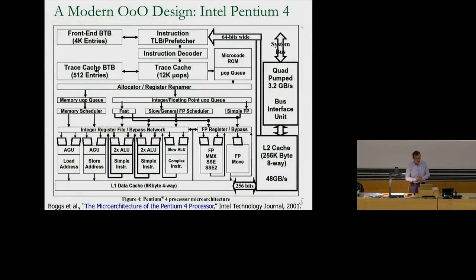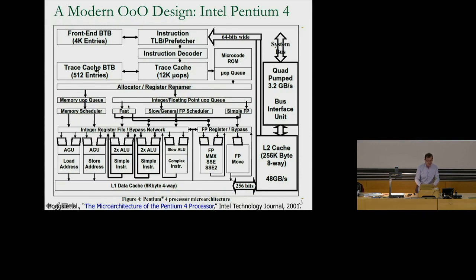If you look at a modern design, again, I don't expect you to understand everything over here, but it has a lot of the concepts that we have over here. If you look at this allocator register renamer, it gets instructions from what is called the trace cache, which is a special form of instruction cache. It renames the registers, and then it sends the instructions to different reservation stations, as you can see. Memory scheduler, this is the memory part. And it has a floating point unit scheduler, simple floating point, or slow and general floating point unit, and a fast integer